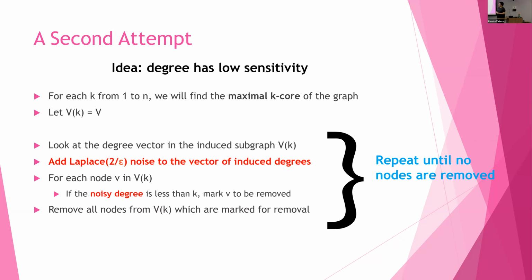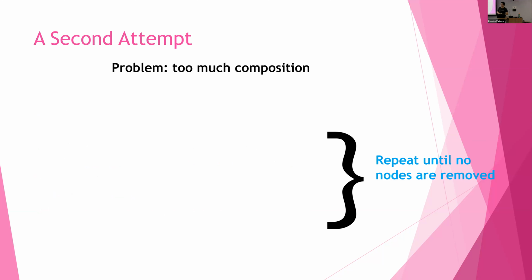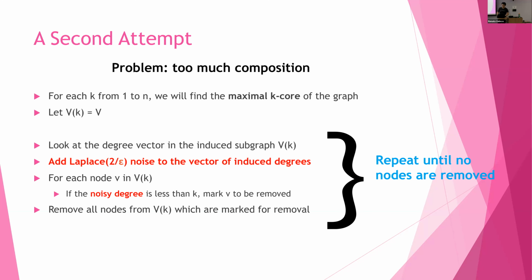Unfortunately, this still runs into some problems. The problem is that there's too much composition. If you remember when I talked about the composition theorem, I said if something is epsilon 1 DP, and something's epsilon 2 DP, running them in sequence gives you epsilon 1 plus epsilon 2. By induction, if you have n mechanisms that you're running sequentially, then the resulting mechanism will be n epsilon DP. So if you look at this algorithm, even though this step where you have to use the graph is epsilon DP,